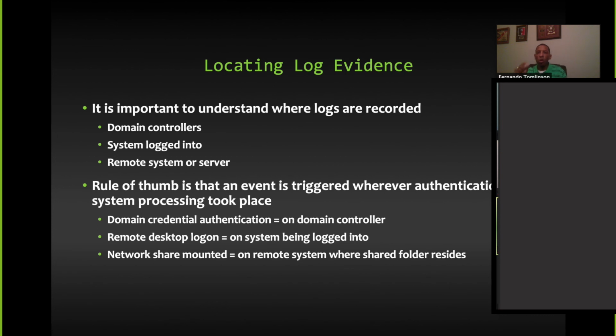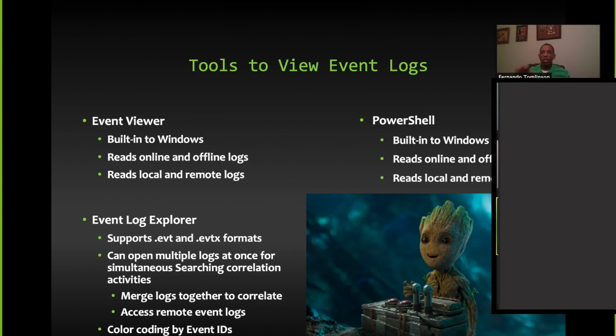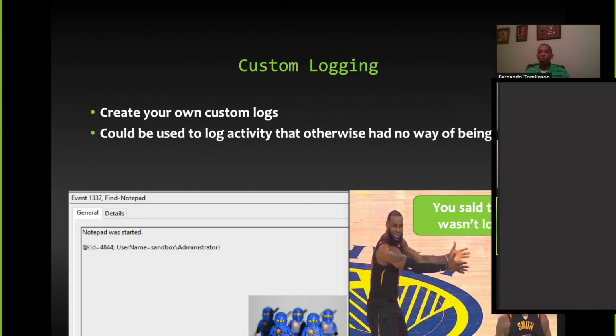All right, so locating some evidence, we need to be cognizant because if I'm looking at somebody who logged in, if it's not part of the domain, then it will be logged local to the machine. If it's part of a domain, then it will be logged on a domain controller. We just need to know this because this helps us direct where we can get some of these artifacts. And that's one example of many other ones. All right, so here's a number of tools which we can use to look at the event logs. Again, I apologize, I'm going a little bit fast now.